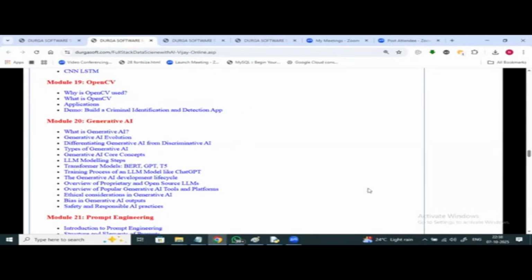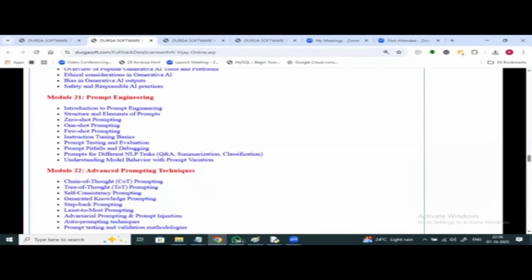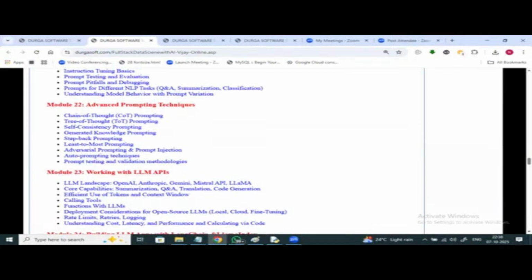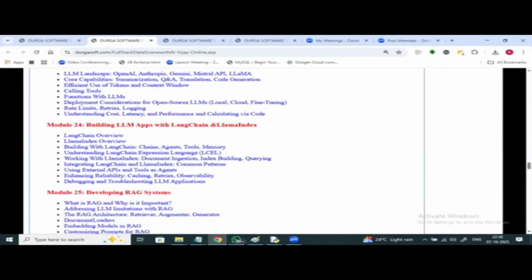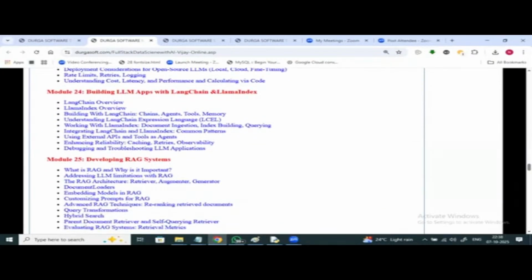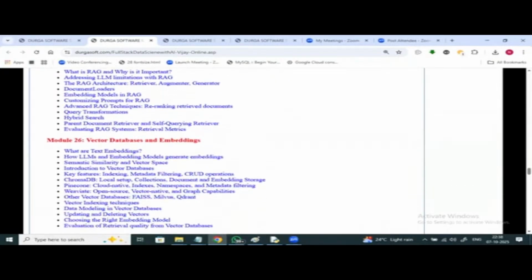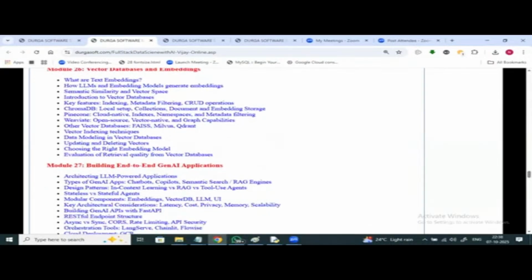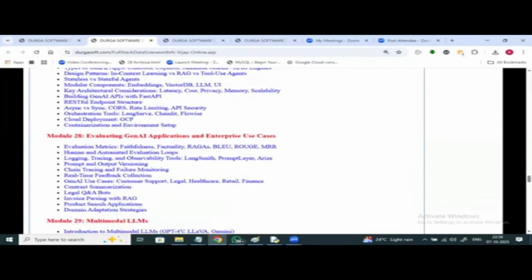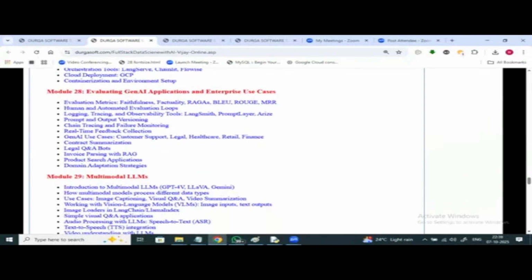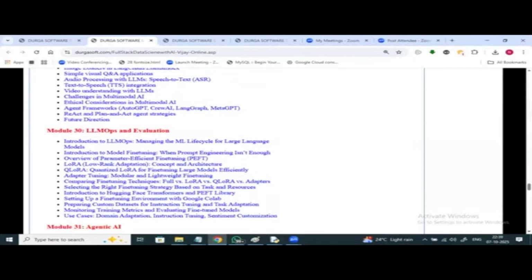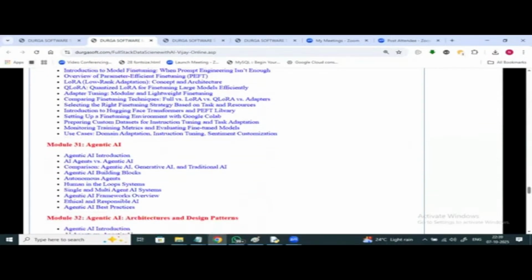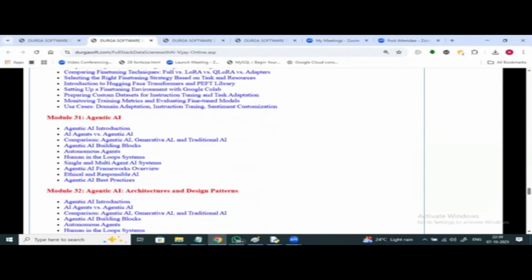From module number 20 to 40, we'll be discussing a lot on prompt engineering, advanced prompt techniques, COT, TOT, like chain of thought, tree of thought, working with LLM APIs, building LLM apps with LangChain, right? Developing RAG systems, vector databases, and embeddings, building end-to-end generative AI applications, evaluating Gen AI applications in enterprise use cases, multimodal LLMs, LLM ops and evaluation, agentic AI. Then again from module 31 to 40, I'll be discussing this